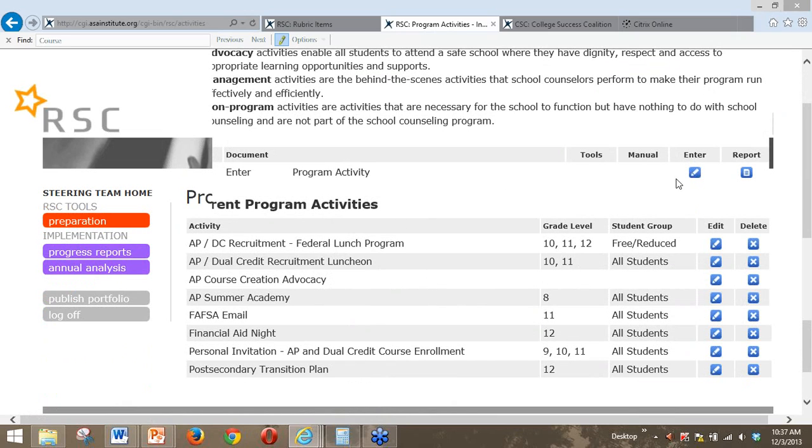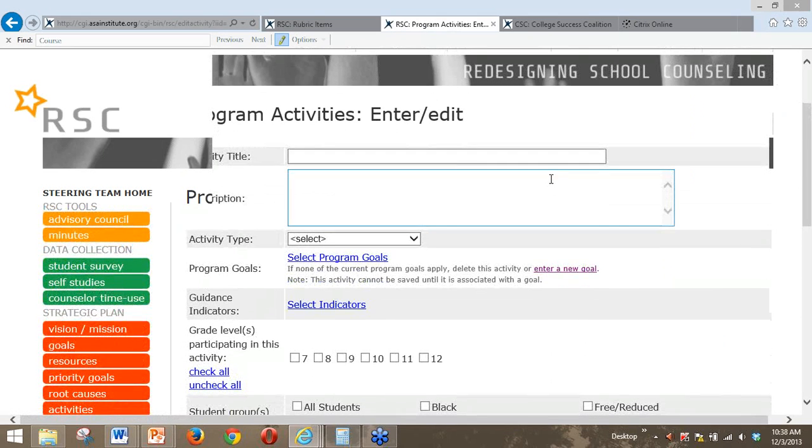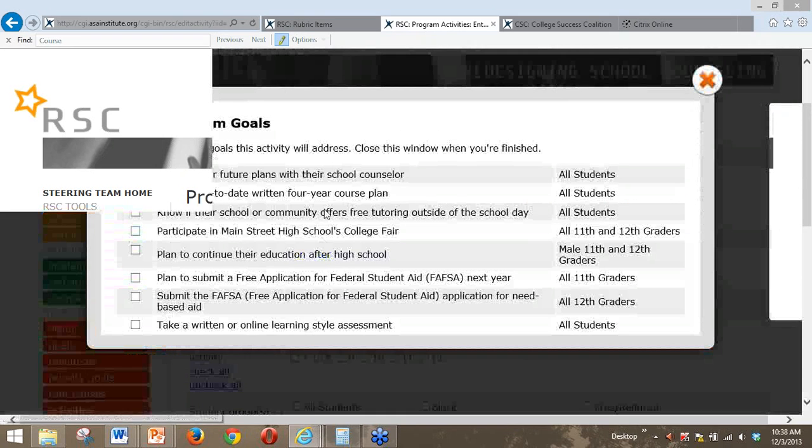So to enter your program activity, I'm just going to click Enter, and here I'm entering an activity title, a description, the type of activity, and then selecting program goals. When I click on this, you get a pop-up that is all of the program goals that you've already entered.